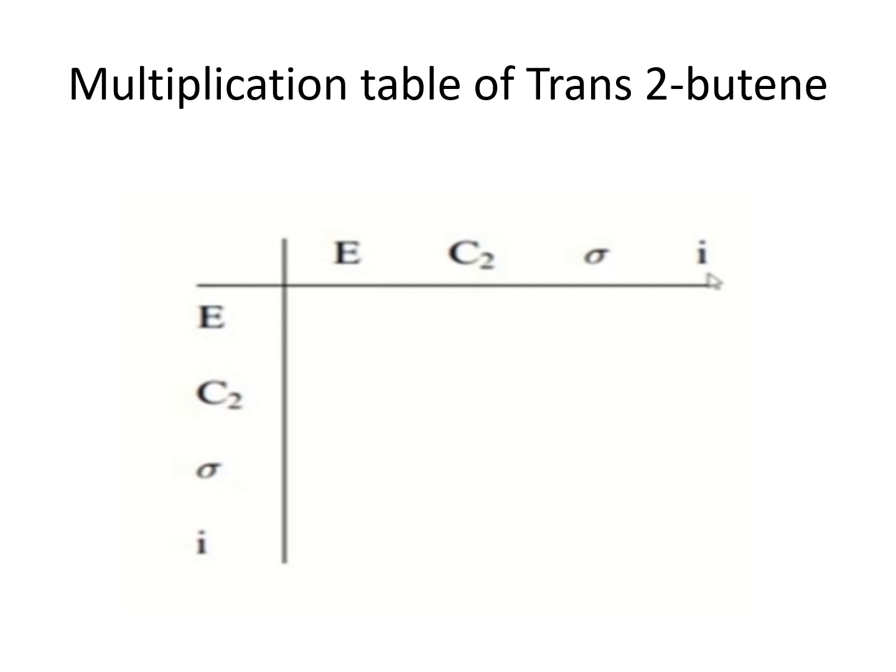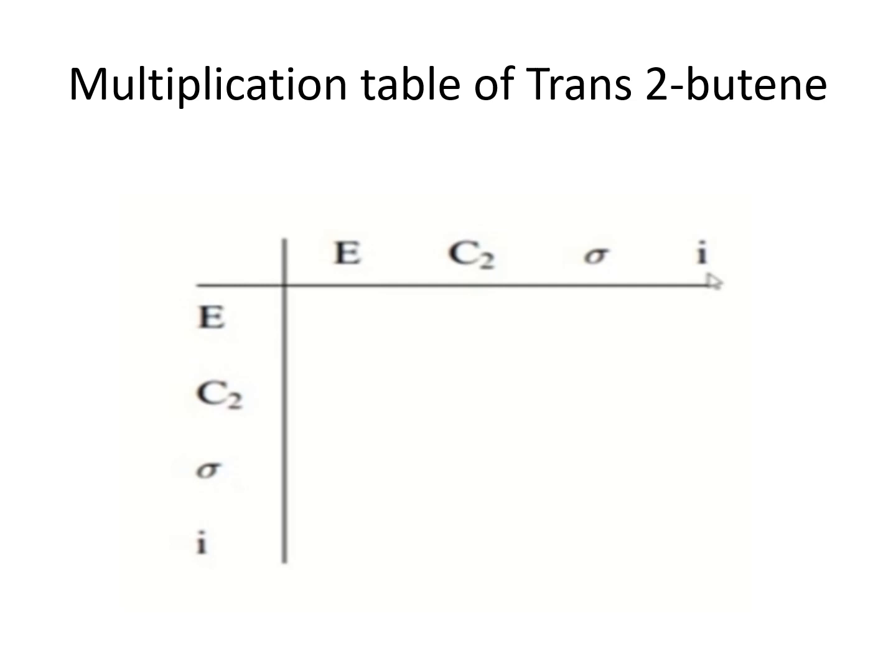Now let us talk about the multiplication table of trans-2-butene. Here I have written the symmetry elements identity, C2, sigma and i in tabular form. Let us multiply all the symmetry elements with different symmetry elements on the upper side. So we have to multiply the first symmetry element to all the symmetry elements written on the above side of the table. First we multiply identity with all the symmetry operations of this molecule.